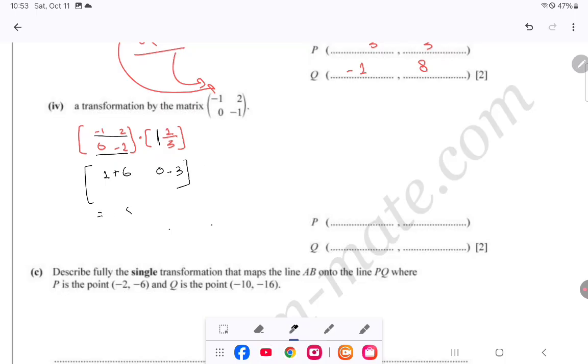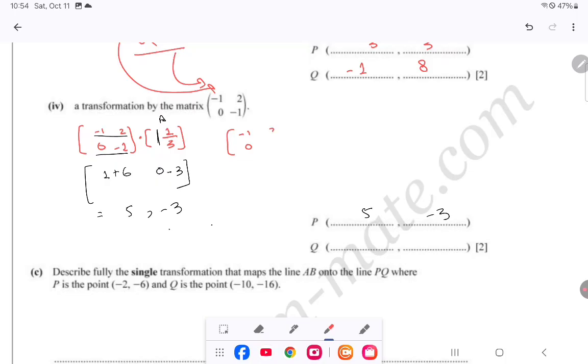Solve it further. 5 comma negative of 3 is the answer for A. This is our A, and now for the B,